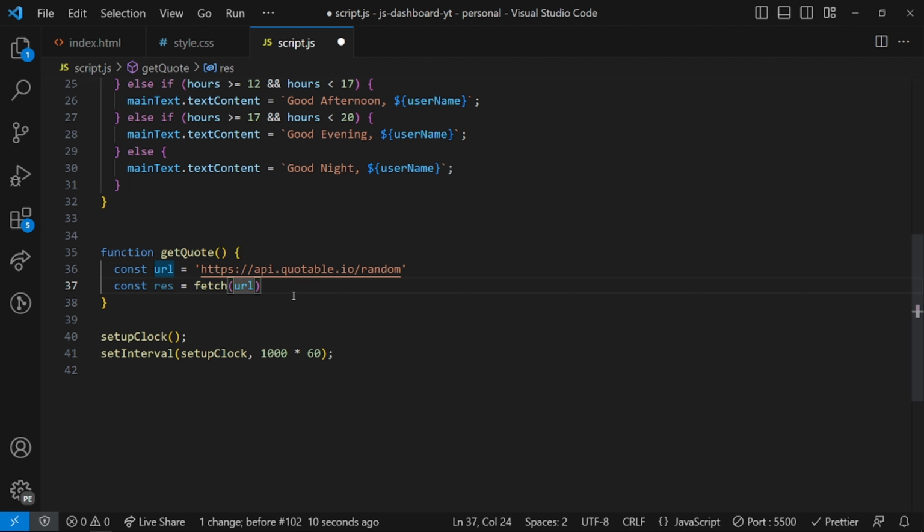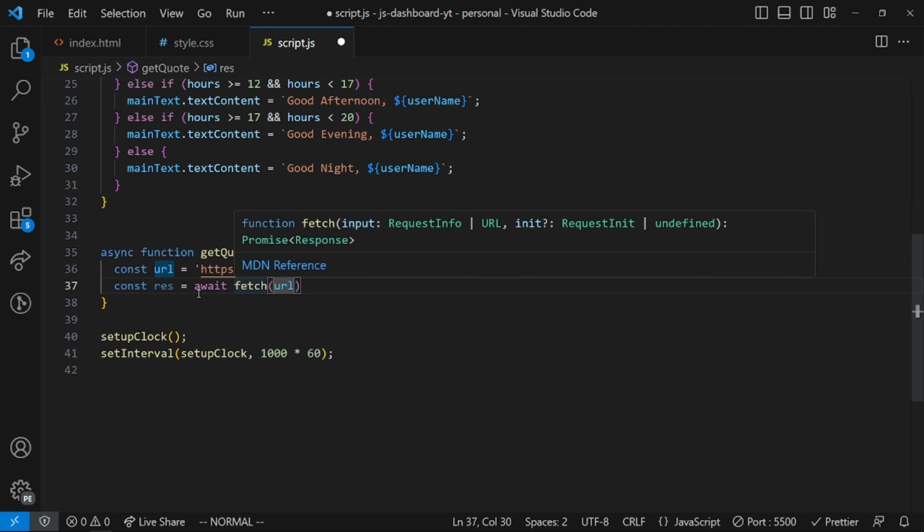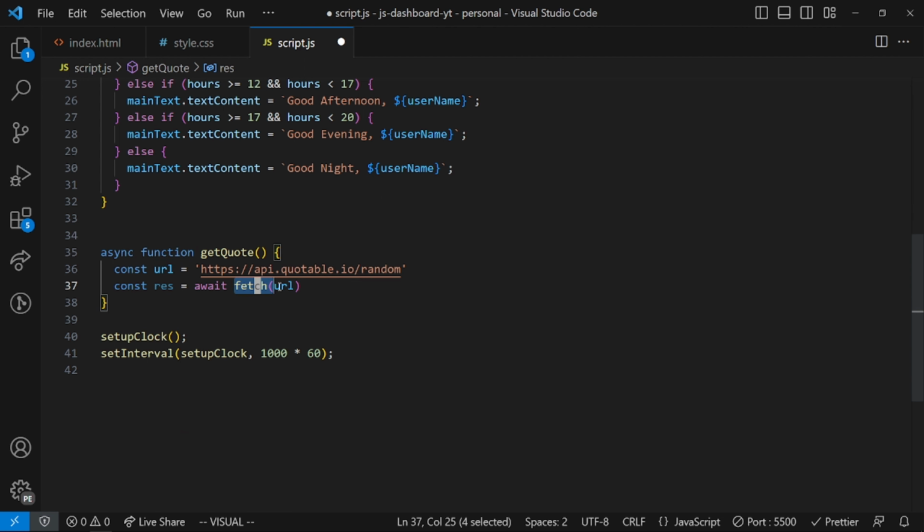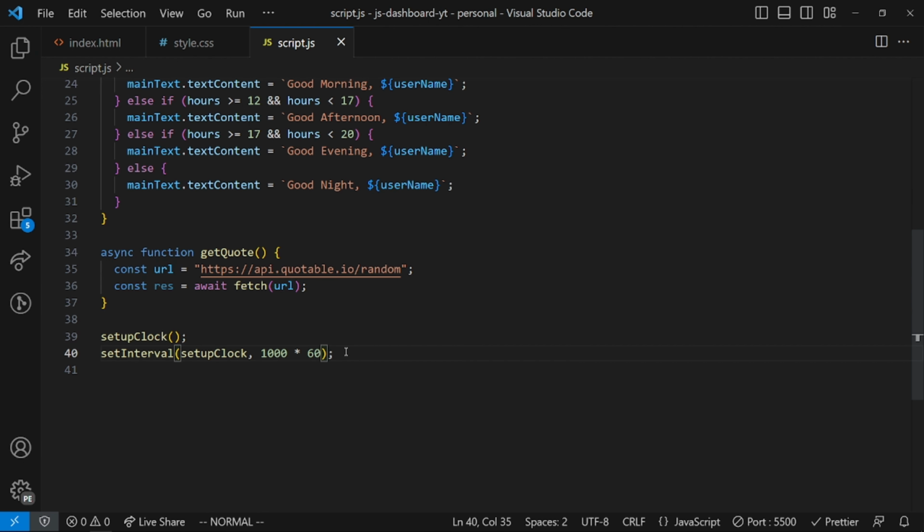Making a network request to a third-party API and getting a response from it takes some time. It doesn't happen instantaneously. So we have to tell our JavaScript function to wait until we get a response from that server. To do that, all we have to do is add an await keyword in front of the fetch. And in order to use the await keyword inside a function, we have to make this function an asynchronous function. To do that, we can add the async keyword in front of it. So now our function will actually wait until we get a response from the network request. Right now if we save it and we call this function,